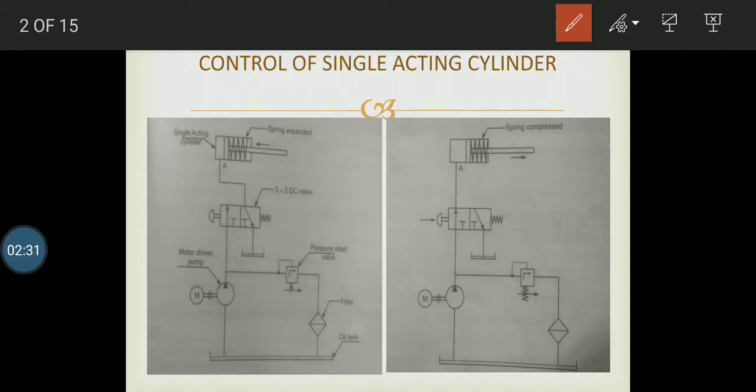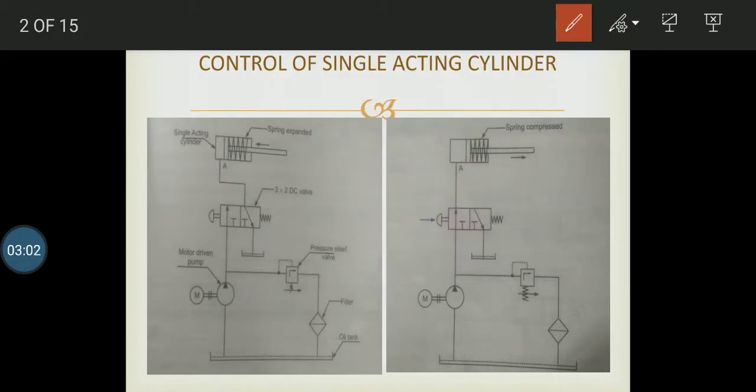and hence compressing the spring. Once the fluid gets completely filled inside the cylinder, I will release the button, because of which the section moves from first to second. Now the liquid already filled inside the cylinder will be drained from A, passing through the DCV into the drain.